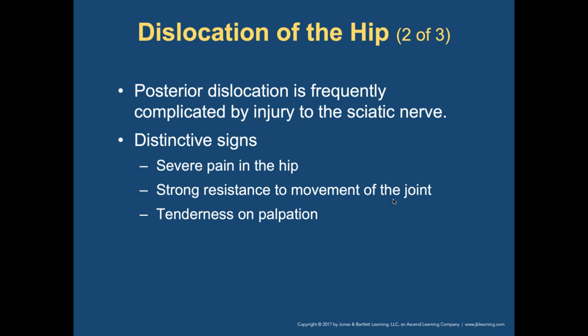Patients typically lie with the hip joint flexed, the thigh rotated inward toward the midline over the body and the tip of the opposite thigh. The patient will have severe pain. The lateral and posterior aspects of the hip region will be tender on palpation.